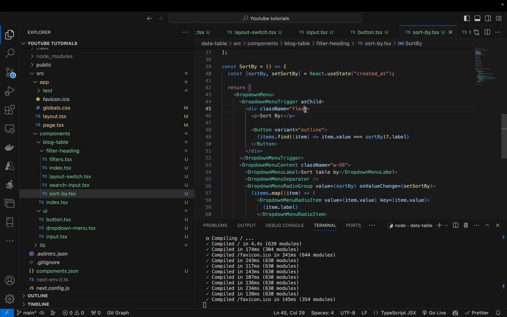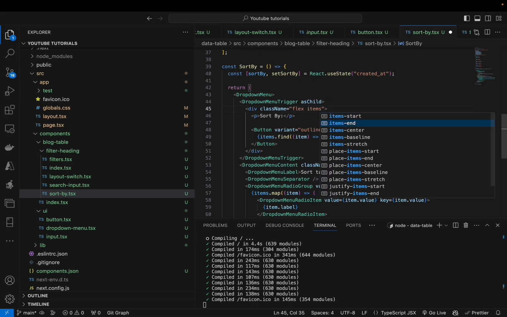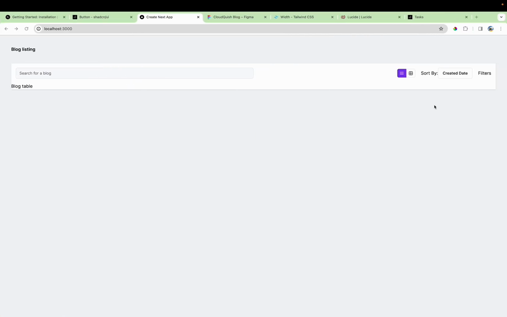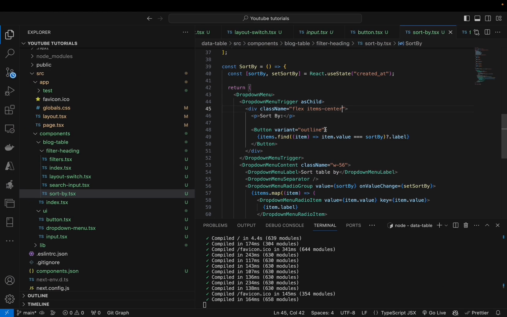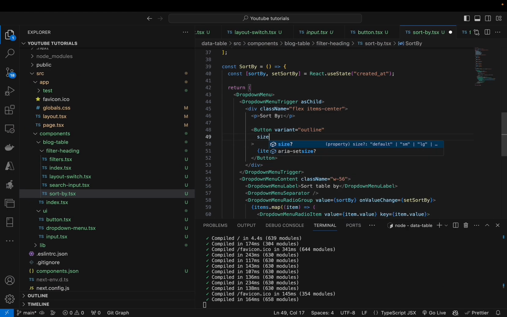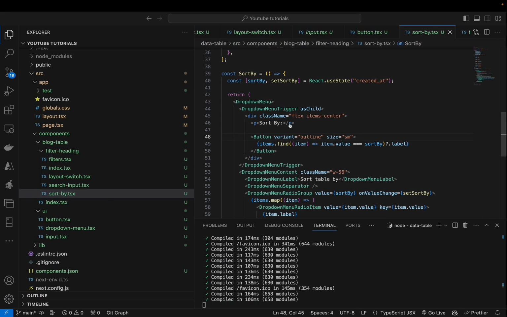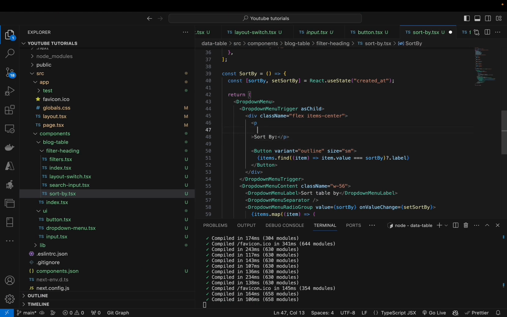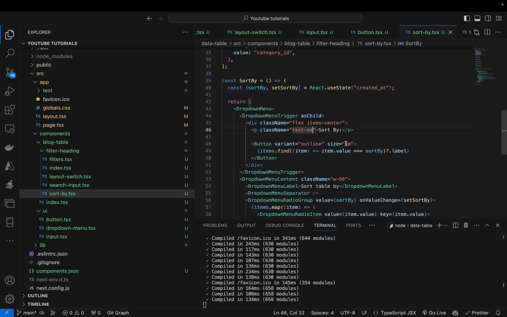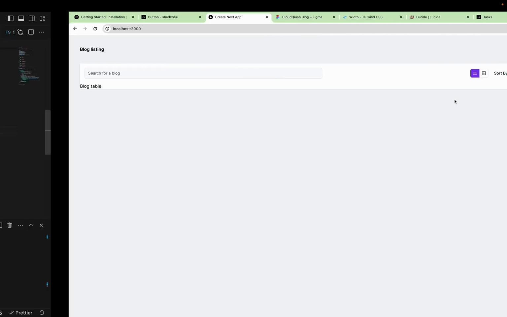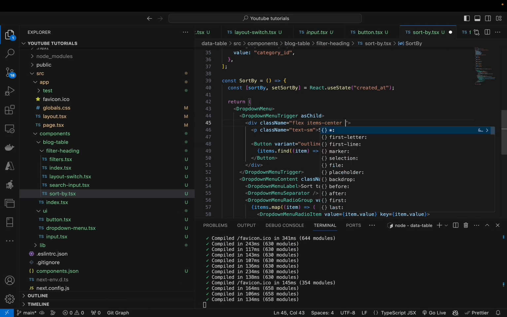We make this items center. Yeah, I need to make it size small, and then also make this class name text sm. Give it a space x of 1,